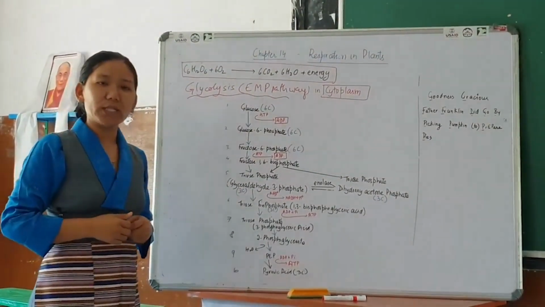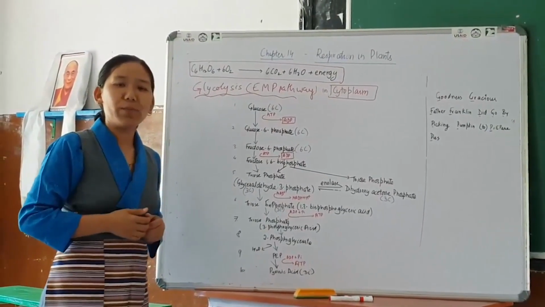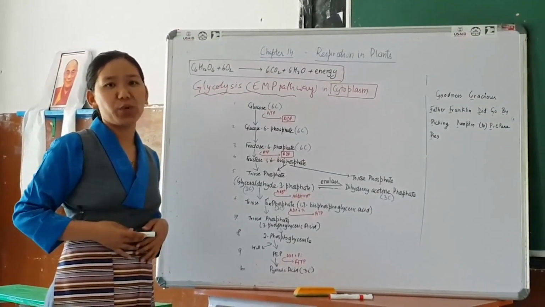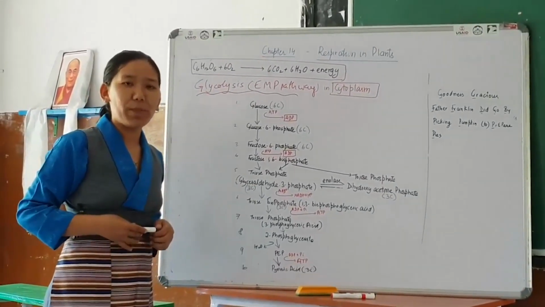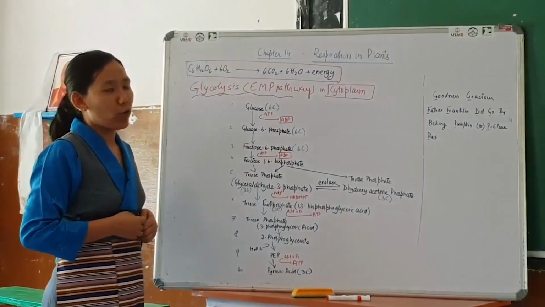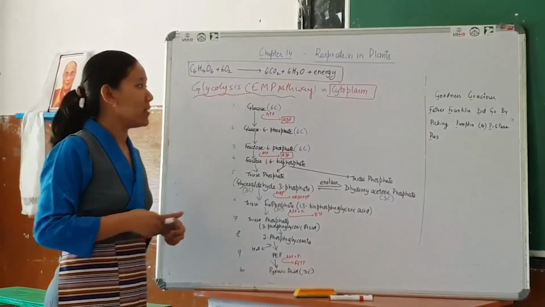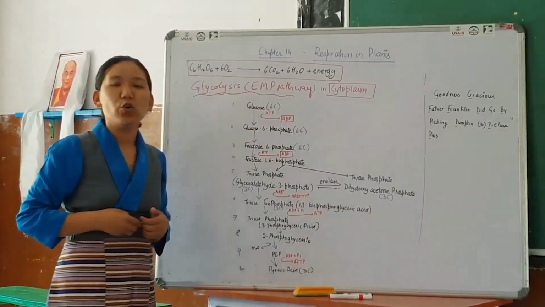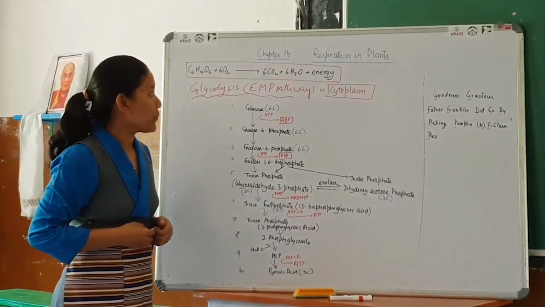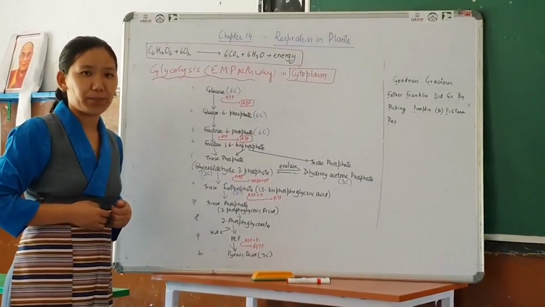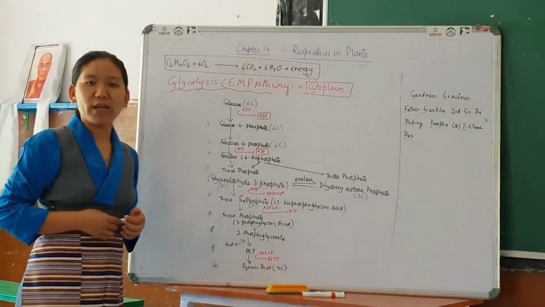And also we discussed that there is a common pathway for both aerobic respiration and anaerobic respiration, and that common pathway is called glycolysis, otherwise called the EMP pathway, and these are the initials of the 3 scientists who elucidated this pathway. And this glycolysis occurs in the cytoplasm. Well, now let us look at the steps.